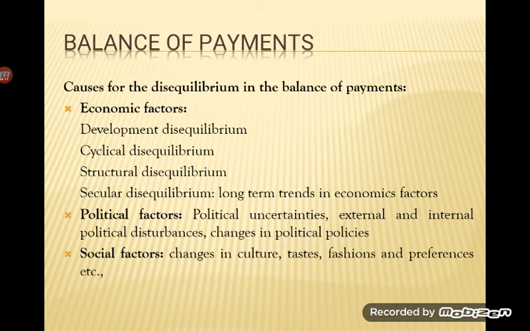Then we have structural disequilibrium. This is where changes occur in an economy, mainly when it shifts from the agricultural sector to some other sector. India is basically an agricultural country, right? We call our country an agricultural country. But after globalization, there was a complete transformation of our occupation from agriculture to the industrial sector, and now from the industrial sector to the service sector. So there is a shift in occupation.